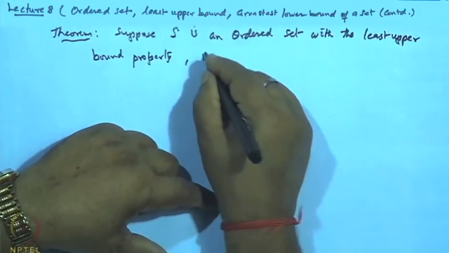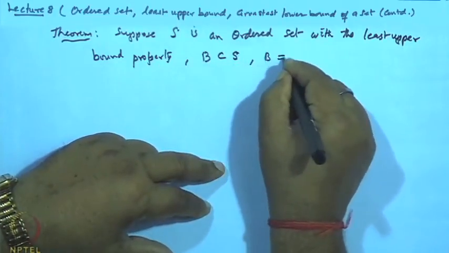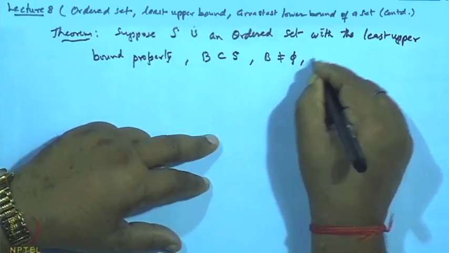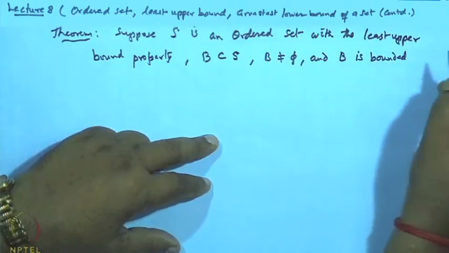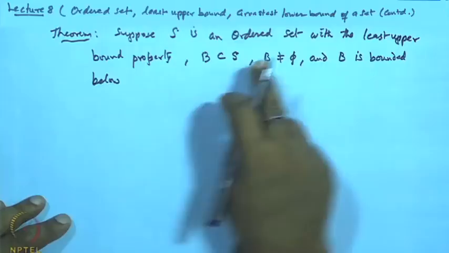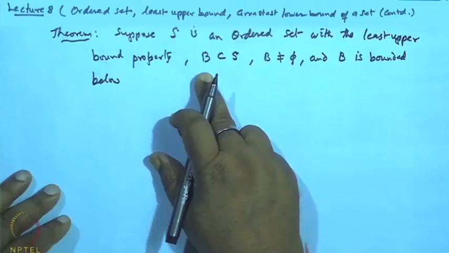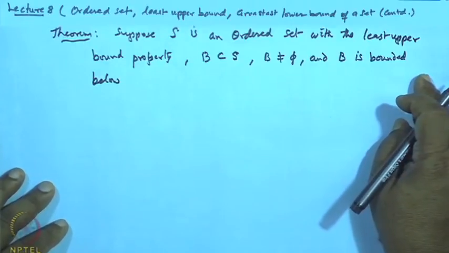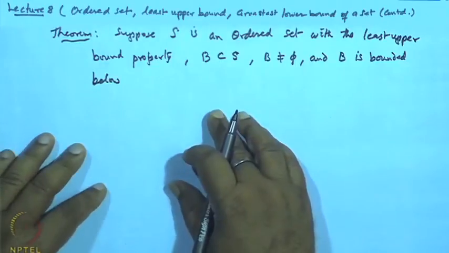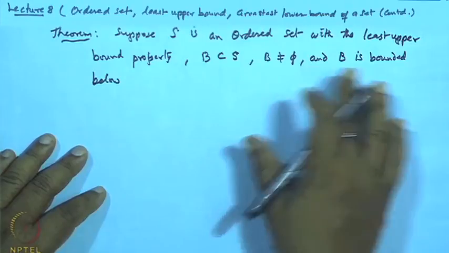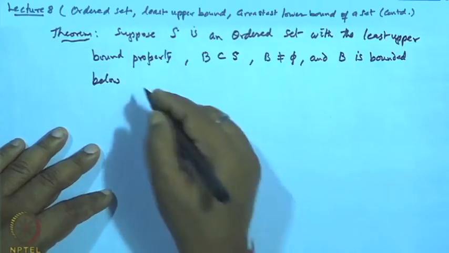And suppose B is a non-empty subset of S, and B is bounded below. So, S is an ordered set which has the least upper bound property, and the set B is bounded below. Now, these together imply the relation between the least upper bound property and the greatest lower bound property. So, what it says is, if B is bounded below and let L